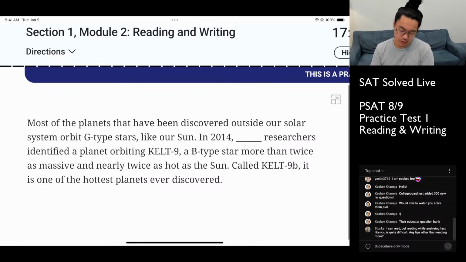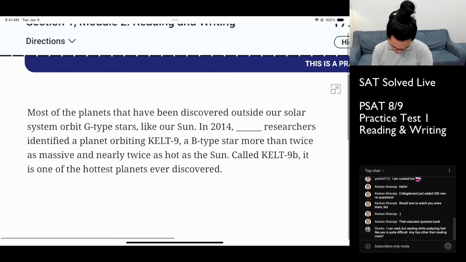Okay. G-type, Sun is G-type. Got it. In 2014, B-type star, however, on surprisingly or however,